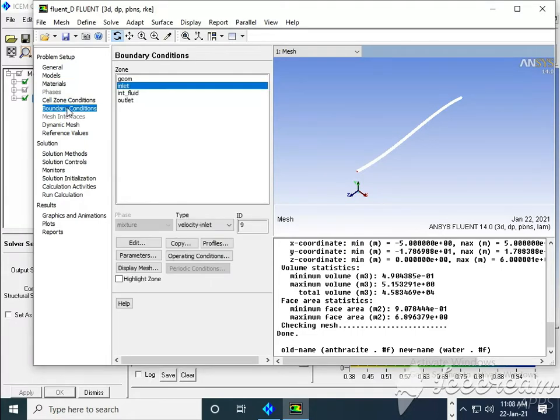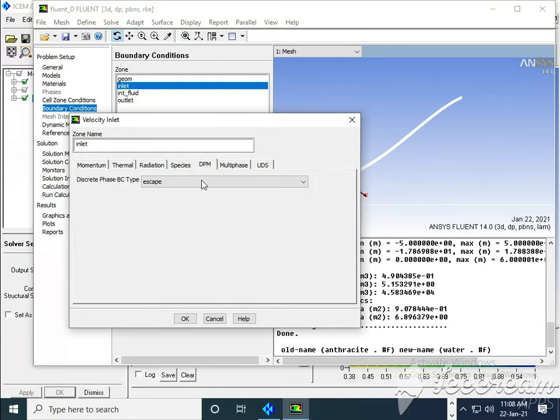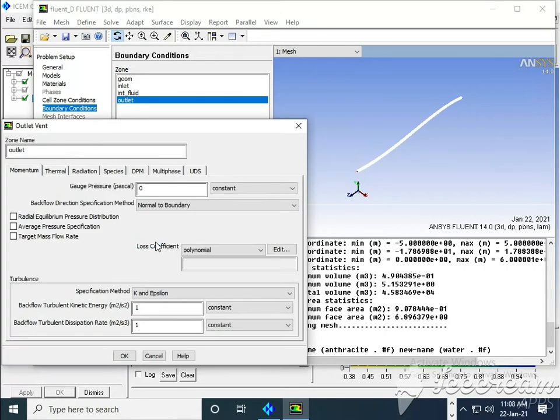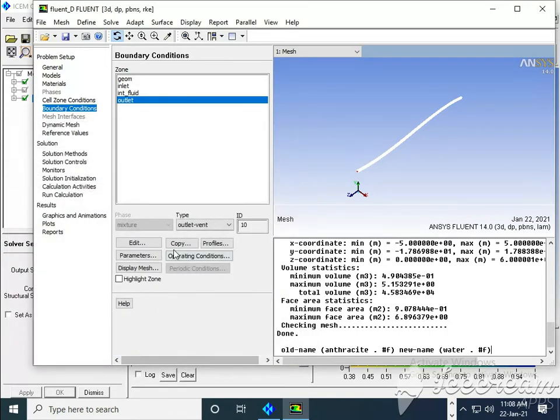Then again I will go for boundary condition where the inlet is. Okay. I will edit the inlet, that is the discrete phase model, it is escape, say OK. Same in outlet I will check the discrete phase model, escape is there, say OK.